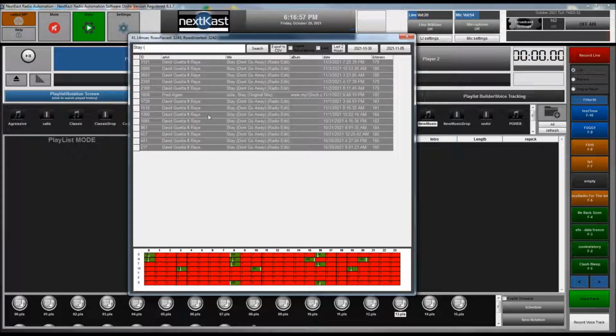So here I can see where that track played, right? For all the dates that I scheduled it, I can see all the times that it played, hypothetically. Now, again, this didn't play in the future, but because I put it in debug mode, it will show. And you see here, on my 8 o'clock hour, it's kind of playing close to the same time. So depending on what rotation is in that 8 o'clock hour, you want to alter that rotation